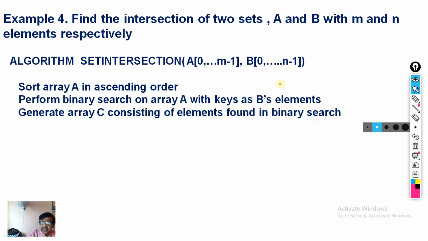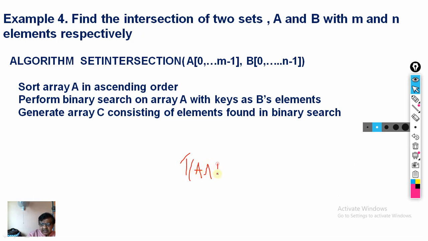Okay, we will draw one after the other the elements from B, and then we will apply the binary search on A. If the element of B is present in A, it will be included in another array called C. So this becomes very simple. So therefore, the complexity of this algorithm, let us say the time consumed for